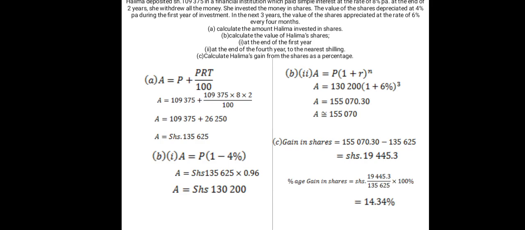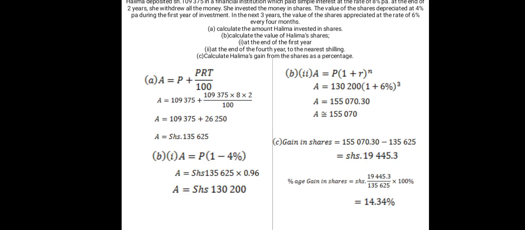We use the formula A equals P into 1 minus R, and we get the value to be 130,200. And then part B2, we have been asked to calculate the value of the shares at the end of